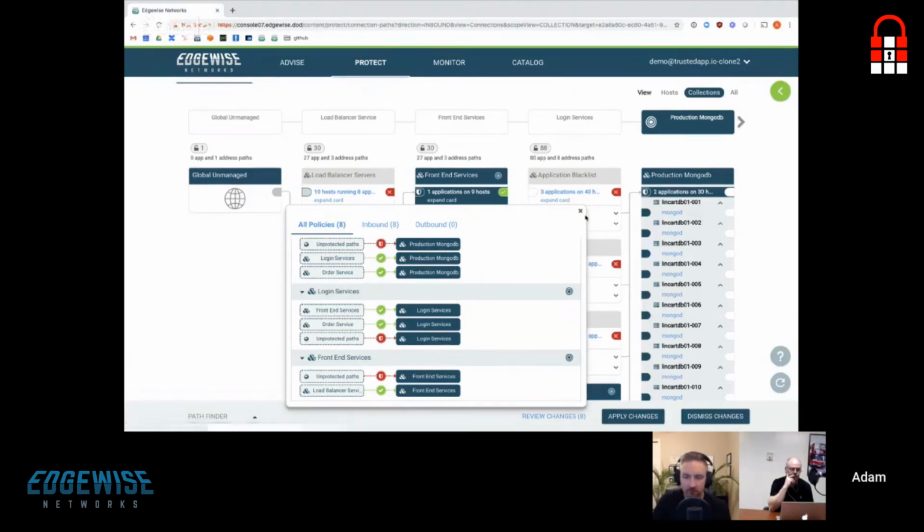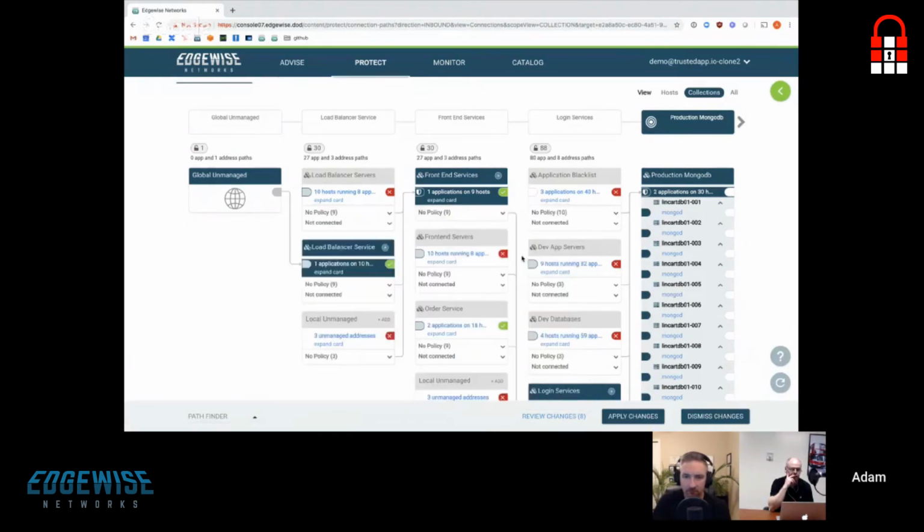And that's another key point. For our platform, it does not matter where the software lives. These load balancers could be in AWS. The front-end services could then be in Azure. The login services could then be in Google Cloud Platform, and the databases could be sitting on-prem.